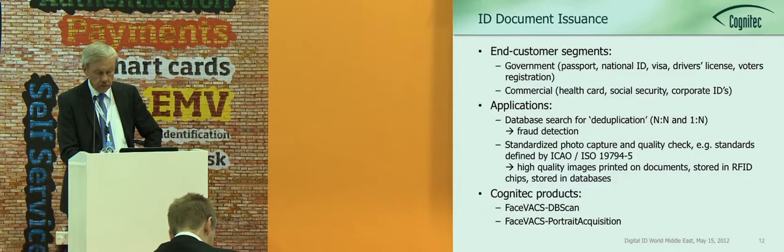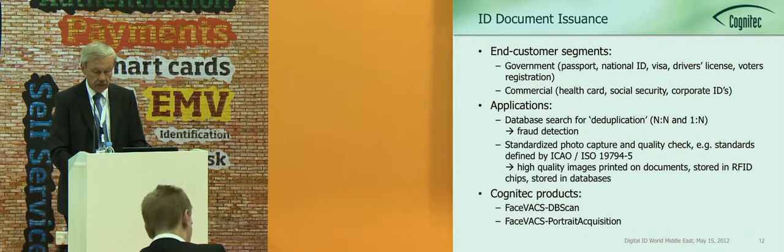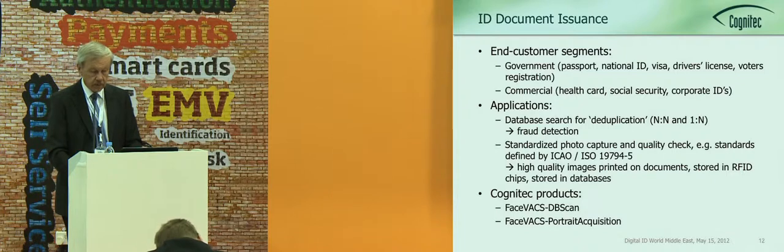Now let's turn to ID document issuance. The end customer segments are clear. I think all the government agencies dealing with ID documents, passports, national ID cards,